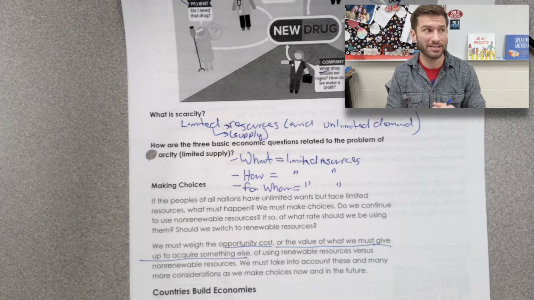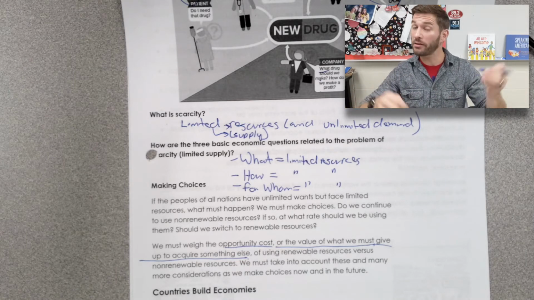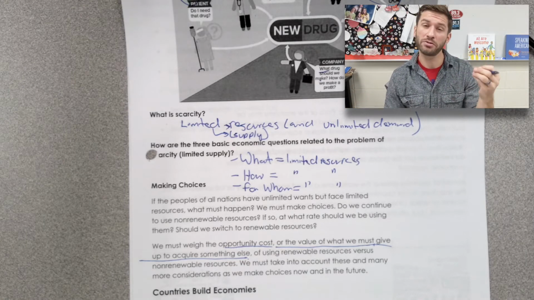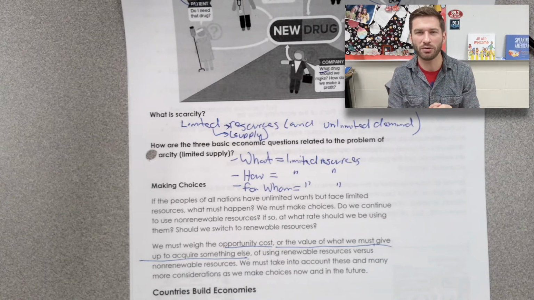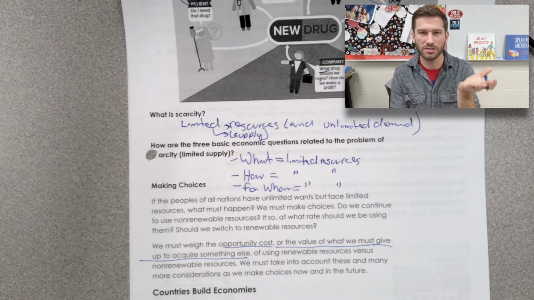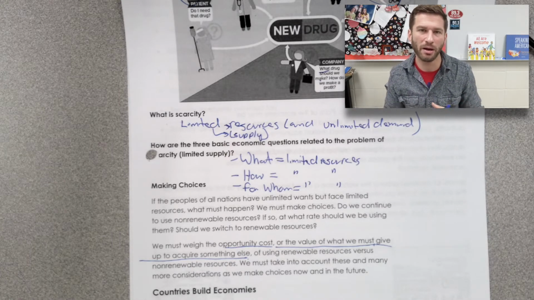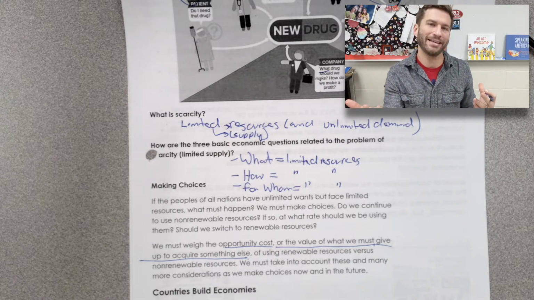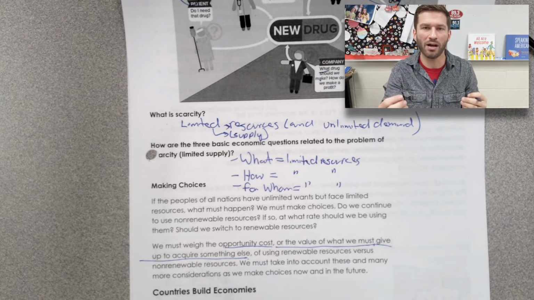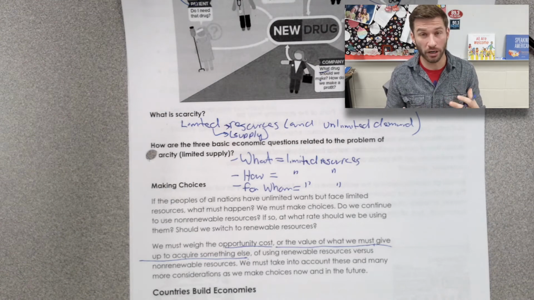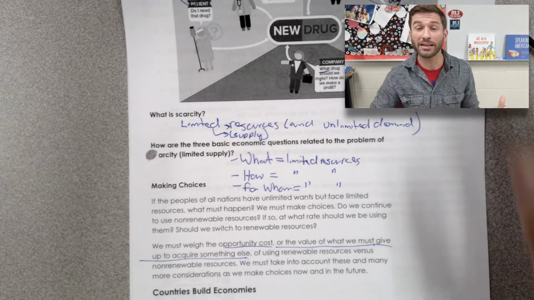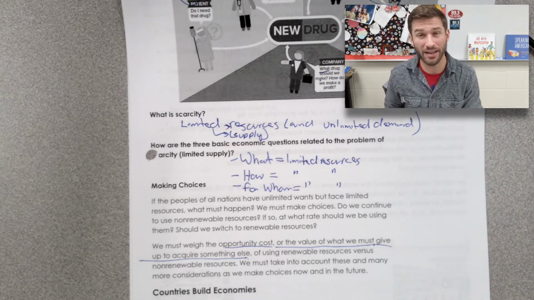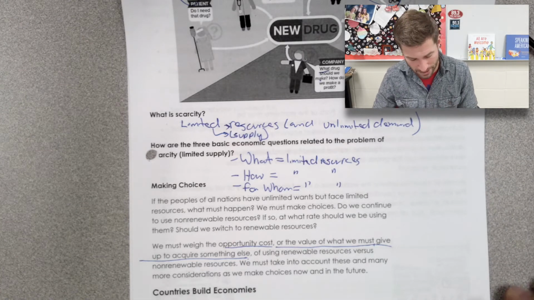We might say that, and we might say it's better for the planet, it's better in the long run, but in the short term, we are giving up those jobs, we are giving up that segment of the economy. And so it's not always an easy choice to make. These are difficult choices because we always have to weigh the pros and cons, and that's really what economics is all about. It's all about weighing choices, decisions, needs and wants, and our goals and priorities as a society. What do we prioritize? What do our goals reflect about who we are as a society? We're going to get to that in our next segment, but today let's wrap this up.